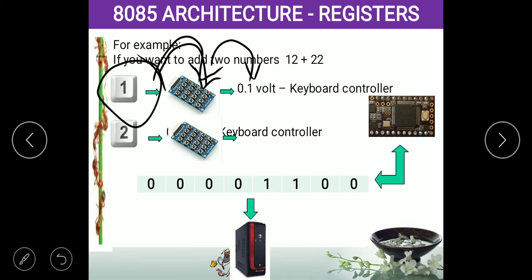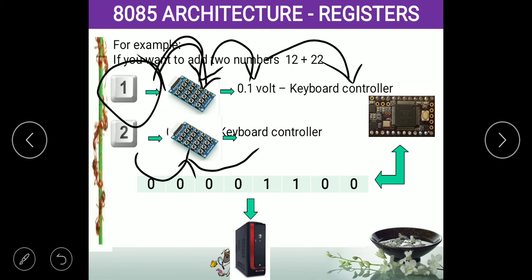That 0.1 volt is given to the keyboard controller. And you are pressing 12, because for 12 we have to press 1 and 2. The 2 is given to the array of capacitors, and let us assume it will emit 0.2 volt, which is given to the microprocessor controller. If you press 1 it gives 0.1 volt, if you press 2 it gives 0.2 volt.